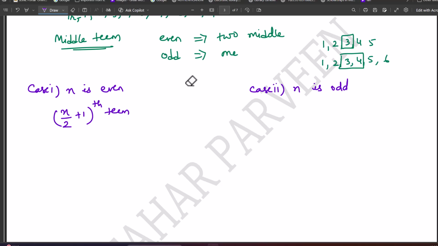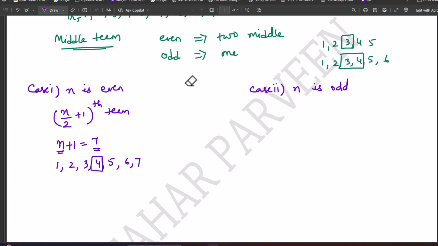See, for example, you have a number of terms n plus 1 is equal to 7. This is possible only if n is even, right? So the number of terms now became 7. If you have 7 number of frequencies, like we used to do in statistics also, you will have only one single middle term, right? For example, 1, 2, 3, 4, 5, 6, 7. From 1 till 7 you have, right? So here you have only one middle term. That same logic we are applying for binomial expansion also.